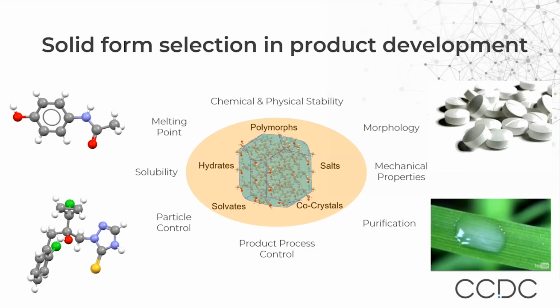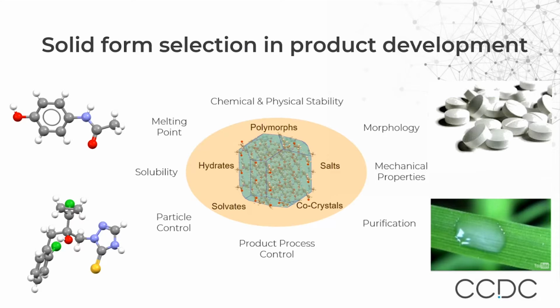Today we're going to be looking at CSD materials, but why do we want to think about crystals in solid forms and solid form stability? In a lot of chemical industries, particularly in the pharmaceutical and agrochemical industries, solid form selection is really important in product development. So, for example, the solid form can impact a range of different properties and can change how products need to be processed. It can change chemical and physical stability, crystal shape, mechanical properties, particle control, solubility, and melting